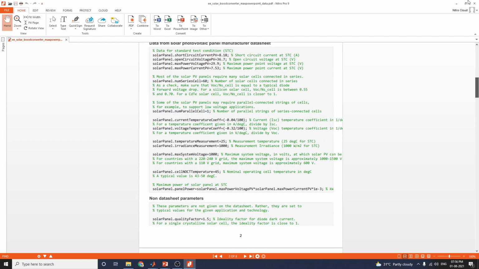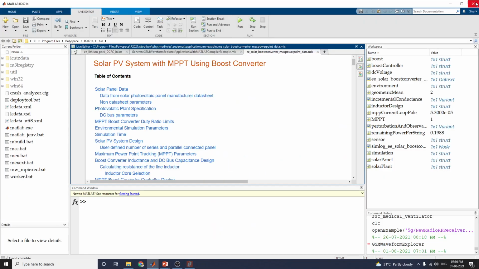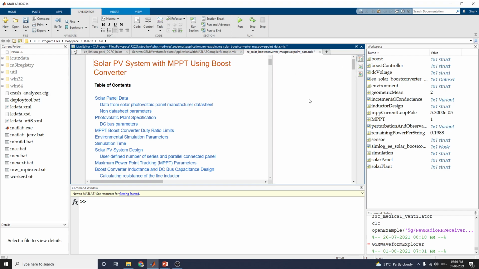After running, I can make a script. Now I am running this live script. On the right hand side you will get the output. It takes some more time to get this output.